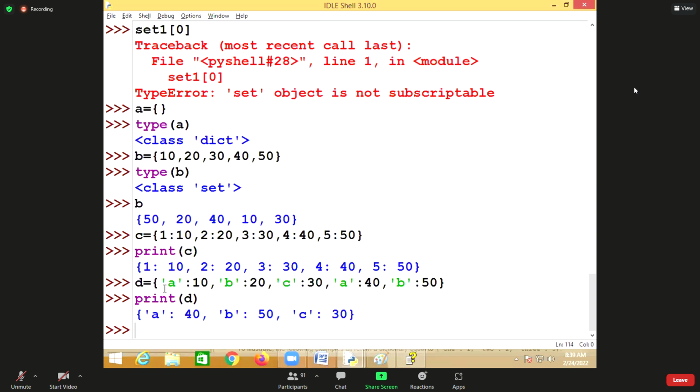2 times. Because this key already exists, it will replace 10 with what? 40. Because B already exists, so this 20 is replaced with what? 50. So key can be any type and value can be of any type, right? Suppose I want to represent some